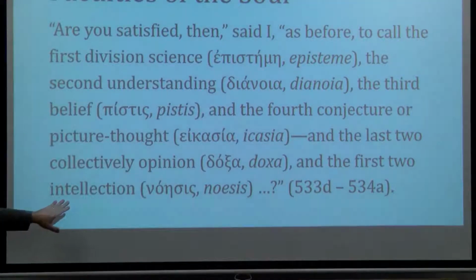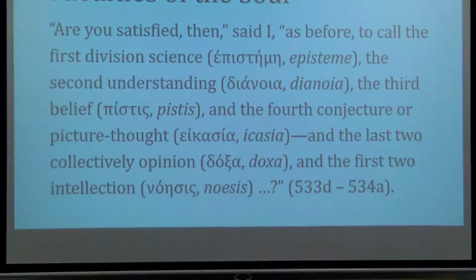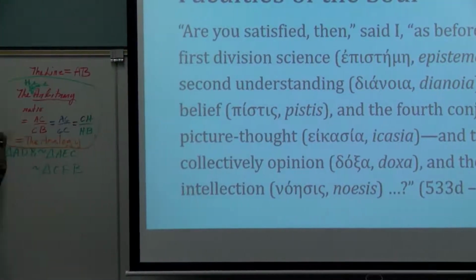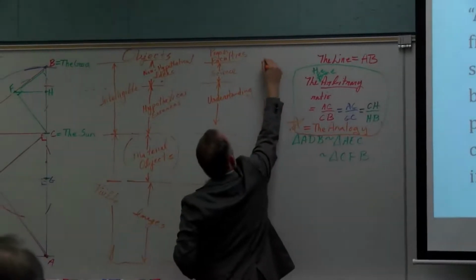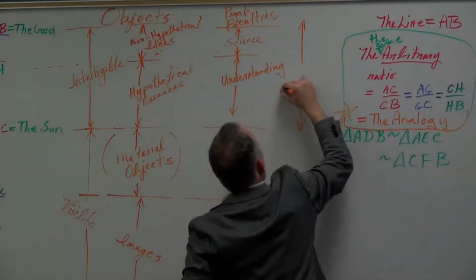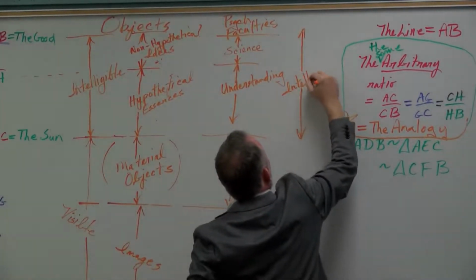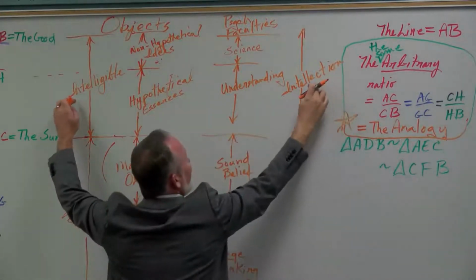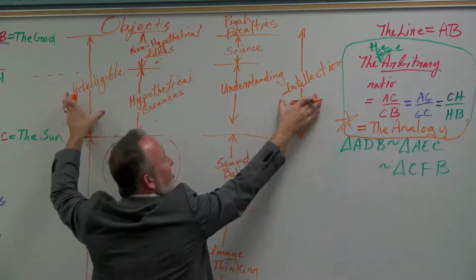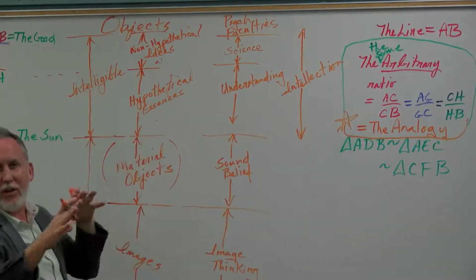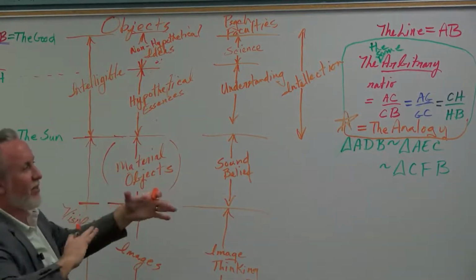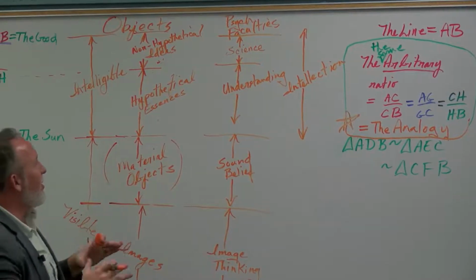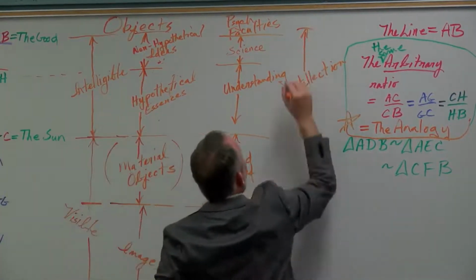noesis is then, we're going to call this intellection. And so this whole section is going to be called intellection. And even in the Greek, there's an analogy between the words. The terminology, you know, Socrates is sort of leveraging the terminology to try to clarify this